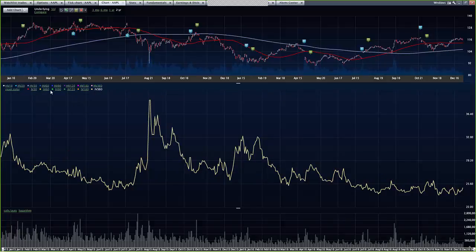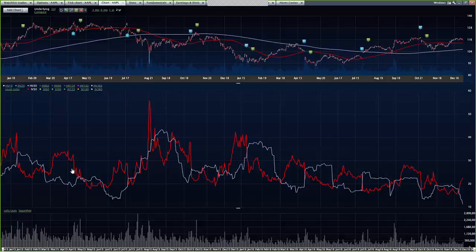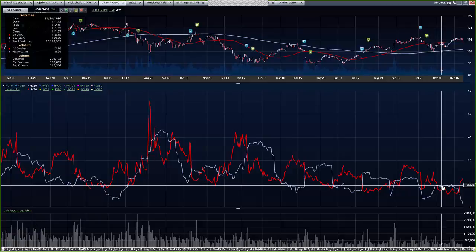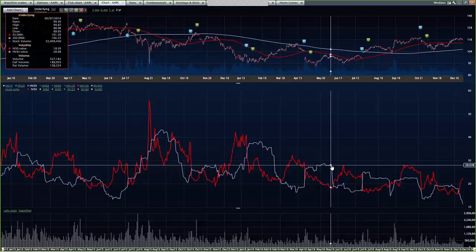Oh, I don't do this, but let me show you what you can do. What I've just mapped out here is 30-day historical volatility versus 30-day implied volatility. Now, it's a bit of a problem, right? Because if I hold the cursor right here, what I'm basically looking at on the blue line, that's